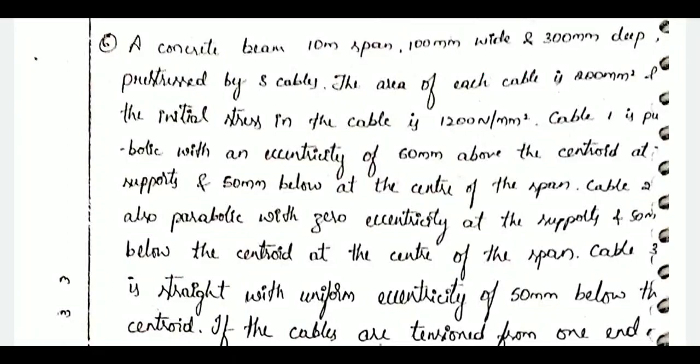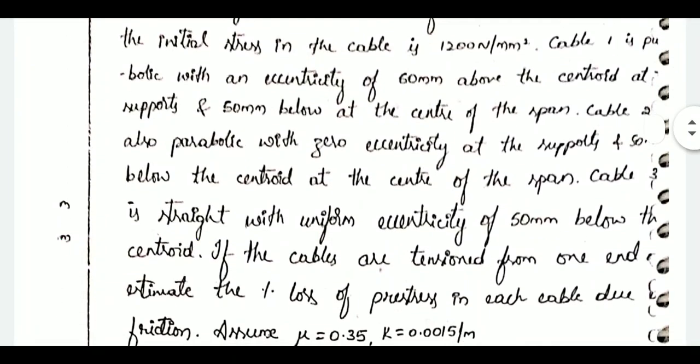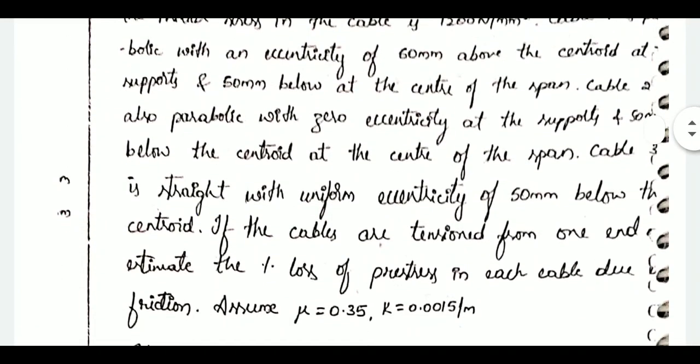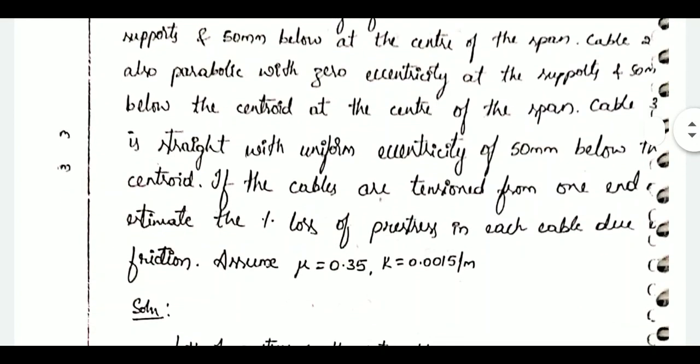Cable 3 is straight with uniform eccentricity of 50 mm below the centroid. If the cables are tensioned from one end, estimate the percentage loss of pre-stress in each cable due to friction. Assume mu equals 0.35 and K as